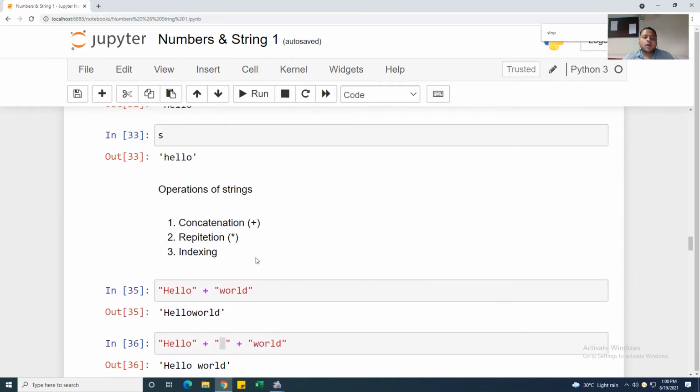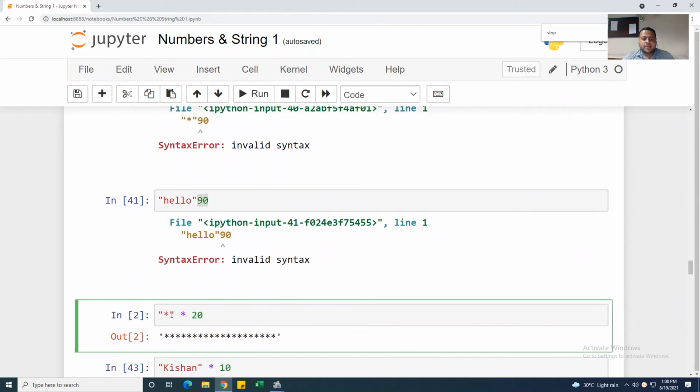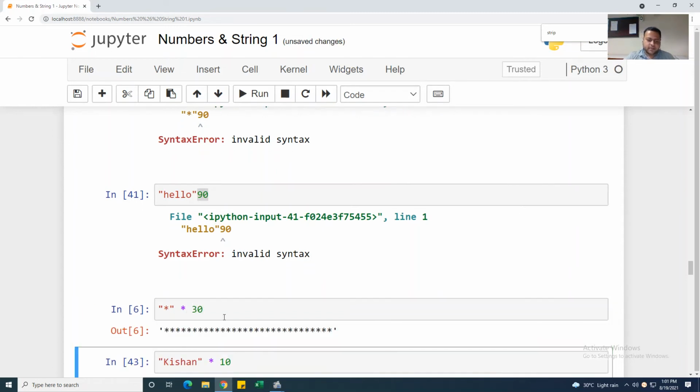For repetition, you have to write it in this way only. If you want a star multiple times, like 20 times, you need to mention the star in double inverted commas, then multiply by the number of times you want, 20. If I want 30 times, shift enter, so it will give me 30 times.